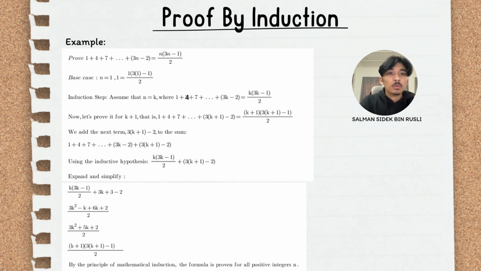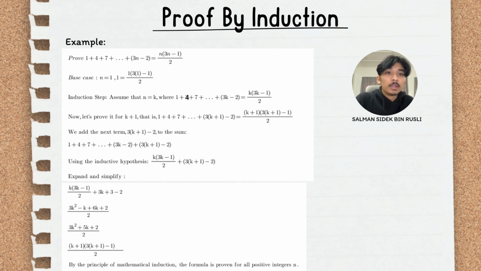Alright, so we're gonna go one by one. For the base case, we have n equals 1. So it will be 1 equals 1 times (3 times 1 minus 1) divided by 2. Right, so we're gonna go for the induction step,